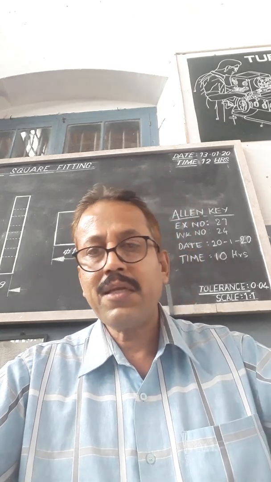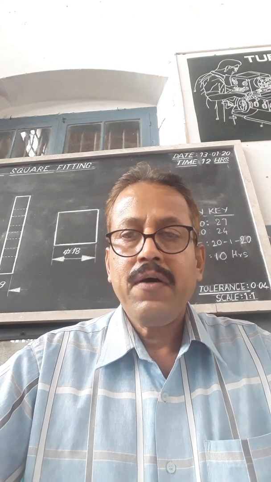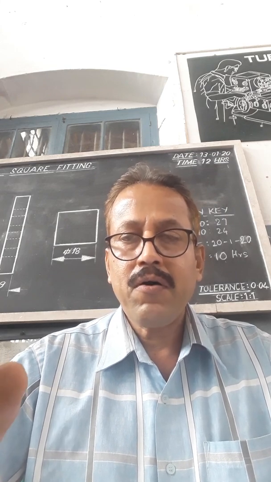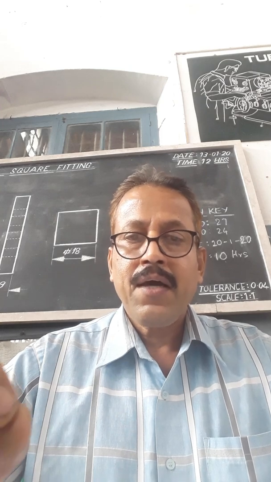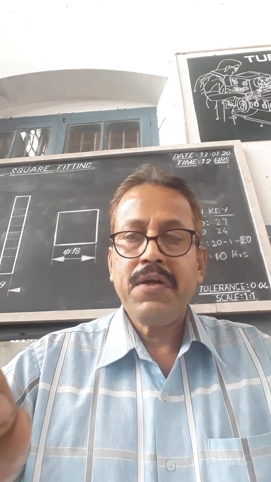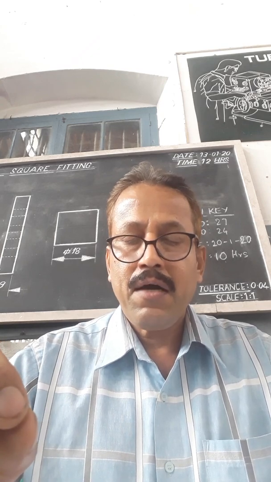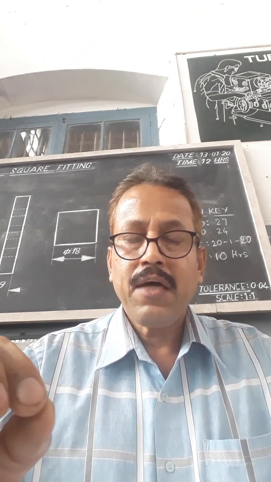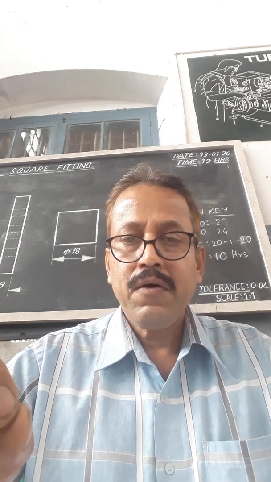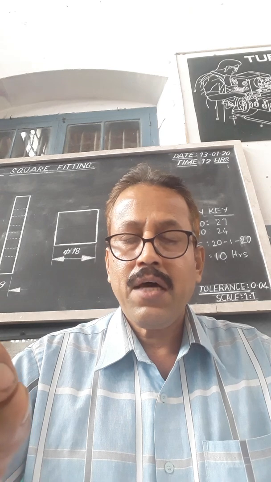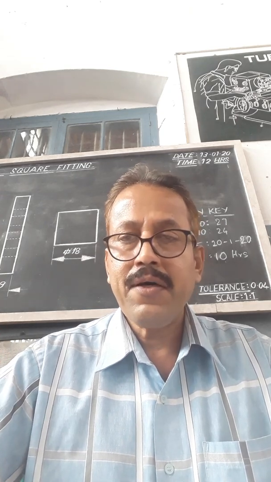The next lesson is slip gauges. Slip gauges are a set of a number of hardened steel blocks, hardened and tempered, and these are finished to very close tolerance. That means very accurate dimensions are maintained, and these surfaces are lapped to a mirror finish. These are available in a box having a number of steel gauges, and these are called slip gauges.